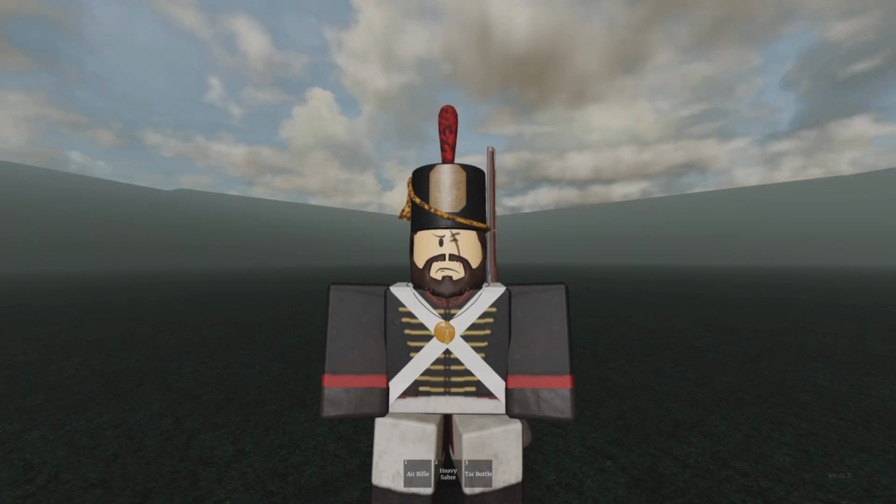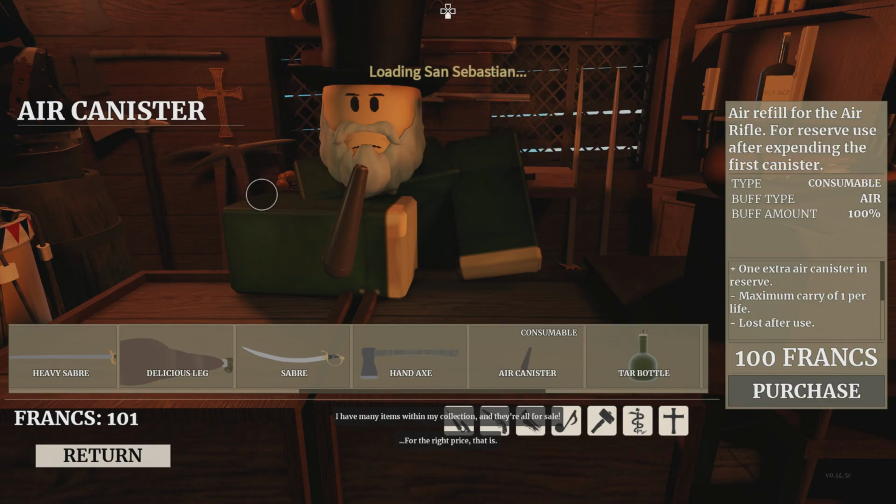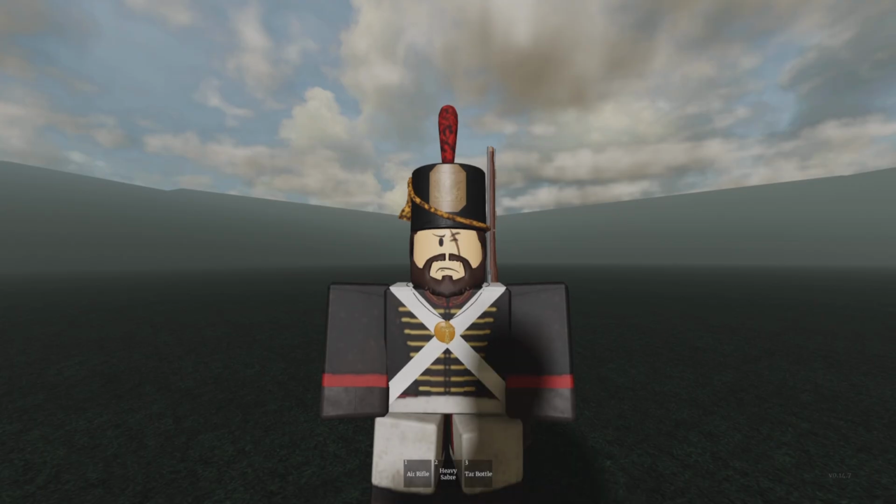Now, the first possible improvement is to lower the price. I mean, does this even need explaining? Sure, there are some good things about having a high price tag, like I mentioned earlier, but dang it, Bubbles, I can't buy air canisters from you if you have all 10,000 of my francs. Okay, the next one is,